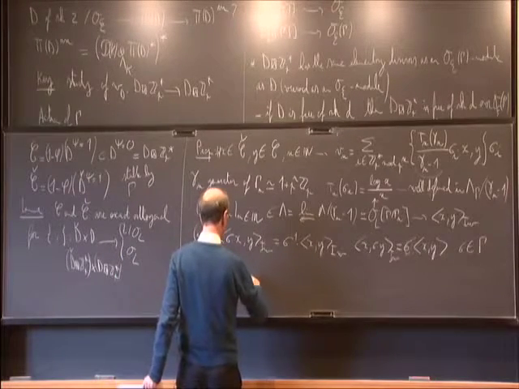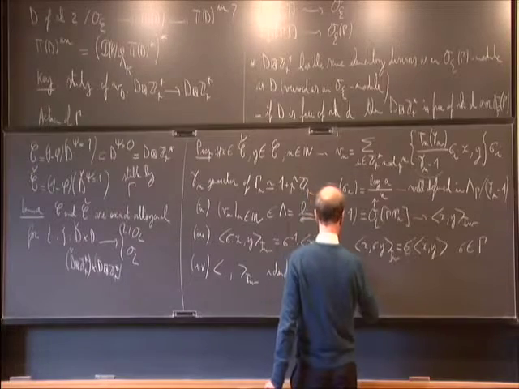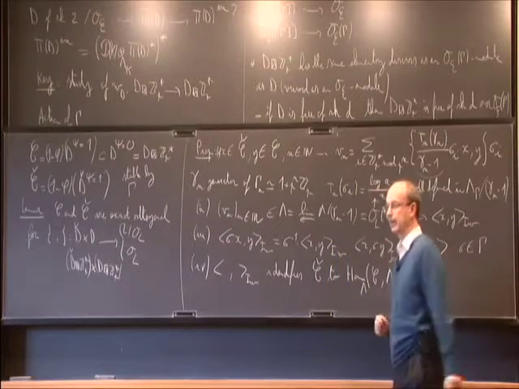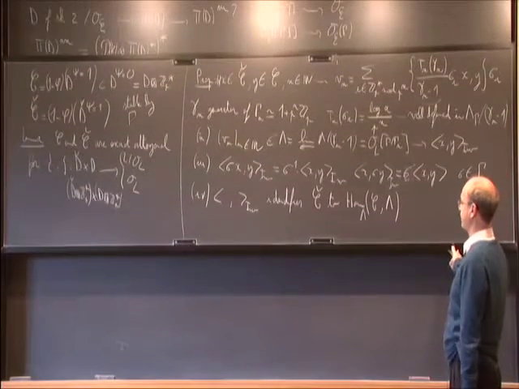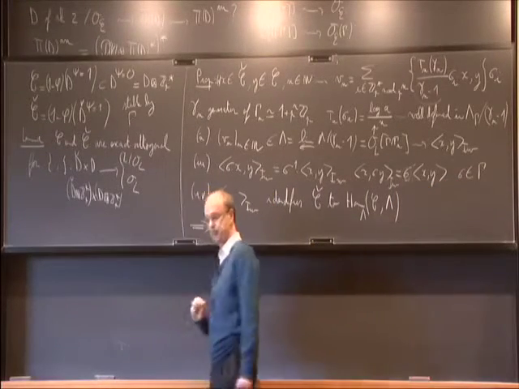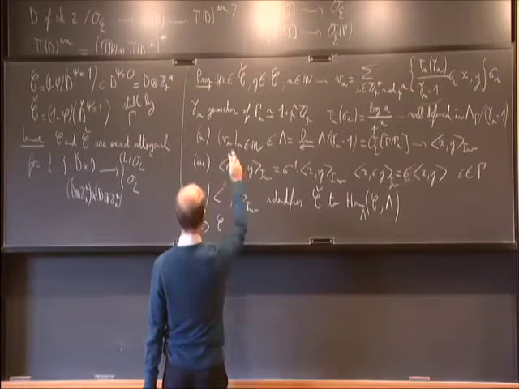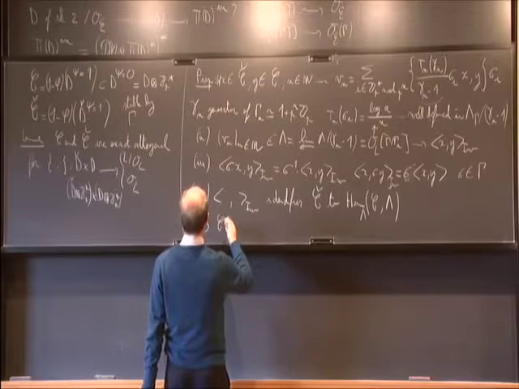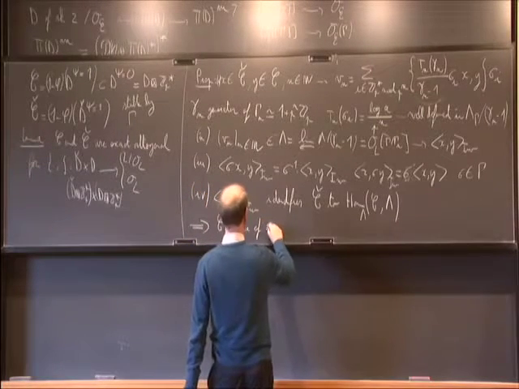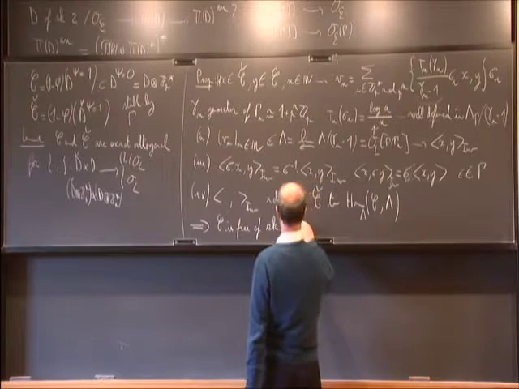So Iwasawa identifies C check to Hom over Lambda of C in Lambda. So you really get a perfect duality. And this last thing has a consequence: assume that C is free, that's what you get from this. If the D that we started with was free of rank d over Lambda,